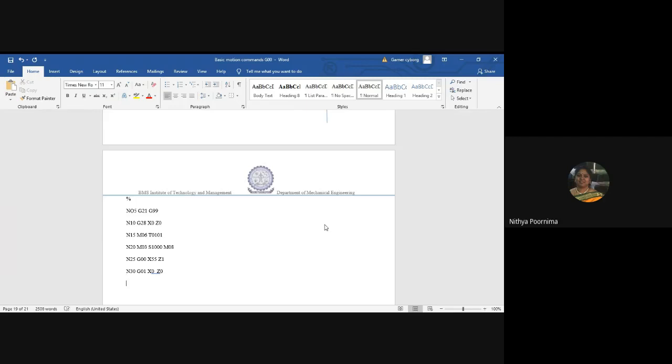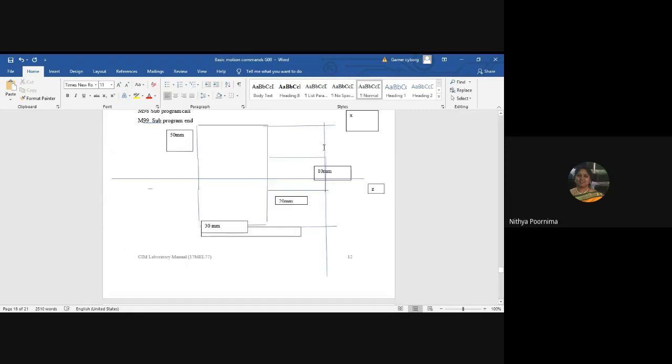After that, N35, it will be G01. So I have to call the tool here. So it has to go here. So how much is the dimension? It will come here, right? So this entire portion has to get removed. So how much? X10.